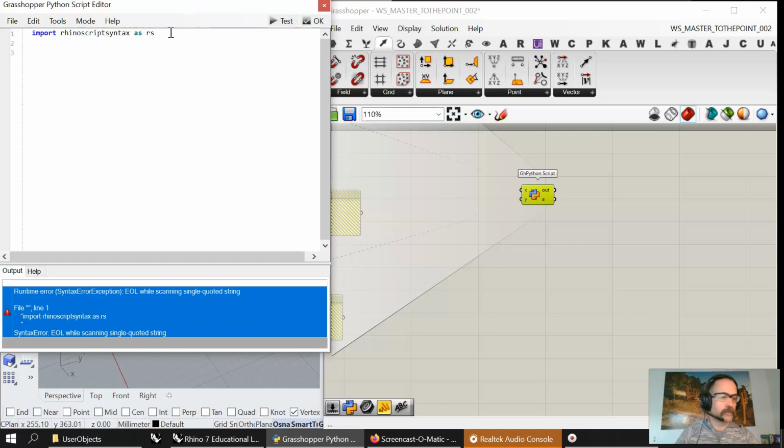But you're going to import RhinoScript syntax as RS, and you're going to create a vector. And that vector can be x, y, z, and that will allow us to import that. I should actually set that variable to something, and that's enough to start. And what can we do with that vector? Well, we're going to create a vector length, and that vector length out is going to go directly to out,